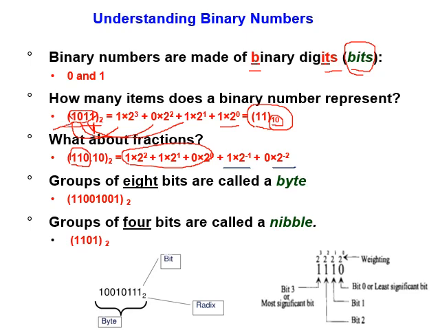Now we learned how to represent a decimal number, how to represent a binary number and convert it into decimal, and if binary contains fractions, how we represent it also. Now it's worth mentioning here that if we have 8 bits, you see this number? 8 bits, this is 4 and this is another 4, 8. We can call it a byte. So when you hear byte, okay? Byte means 8 digits, 8 numbers, 8 bits. And if it is represented by 4 only, we call it a nibble, okay, as you can see here. Now just here to summarize this slide, you can see here